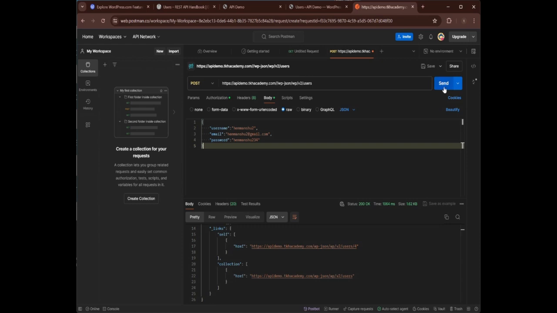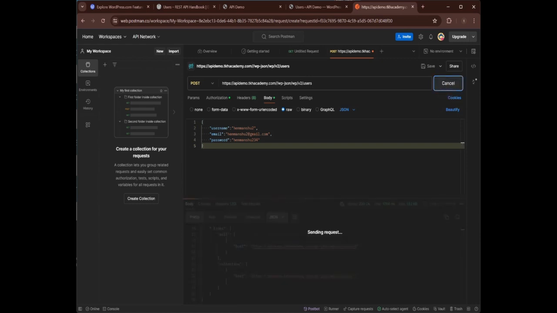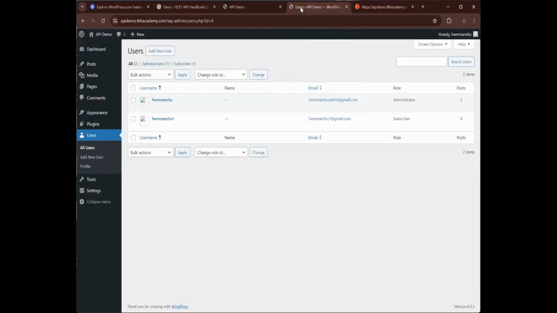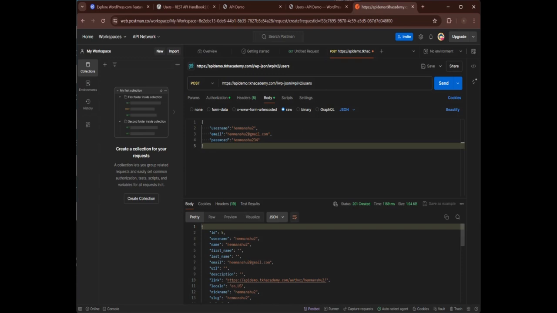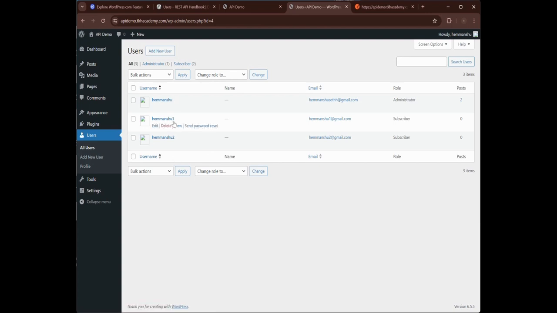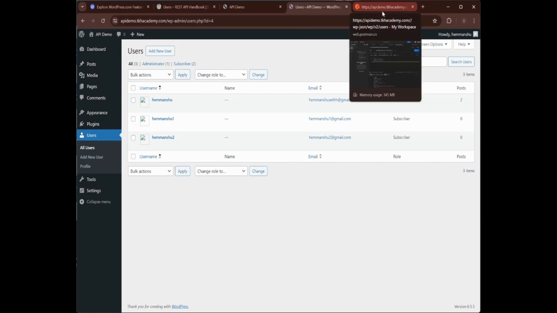So what happened now? I get a 201 response. It says created. What that essentially means, if I go and look at this, is that ID 5 is auto generated. If I click on refresh, I can see my third user is also created, right? So the most important thing that we need to understand is, whenever we are using an